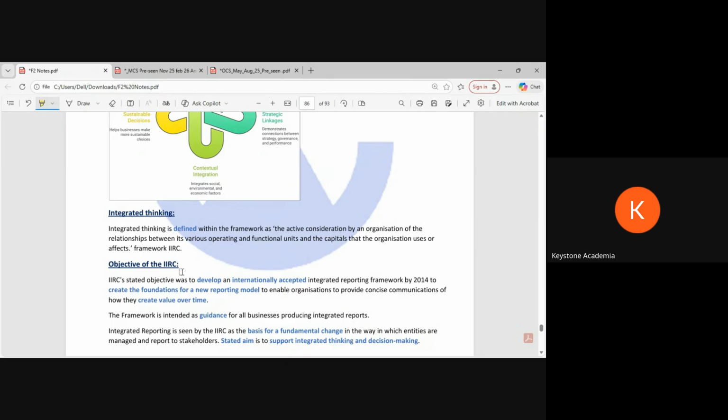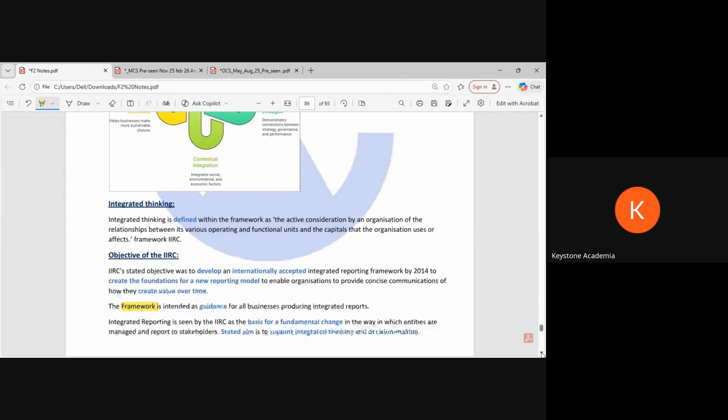So we have a board, the IRC, Integrated Reporting Council. Just like we have IFRS, this IRC is also coming with some frameworks like standards. Like IFRS has a framework, what to do, what not to do, like in IAS 38 we just saw. Same thing we have in this IRC. This is for integrated reporting. What should be included, what should not be included, how much should be included, like that.